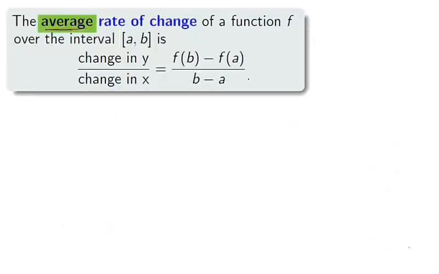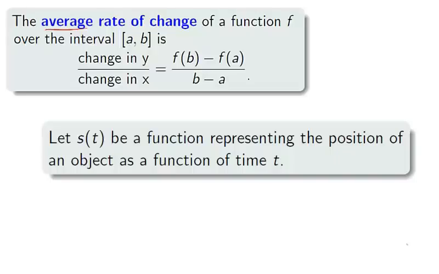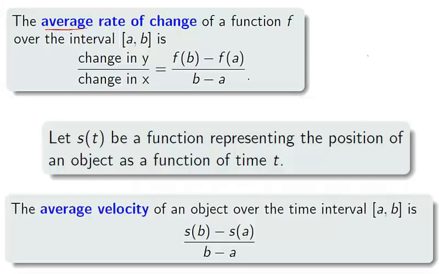The same is true for general functions. The average rate of change records what it says, the average change in y per x unit over a certain x interval. Let's set some notation which we will use throughout the semester. We will reserve s for a function which represents an object's position with respect to time t. The units for s are distance measurements like feet, meters, and miles. When we find the average rate of change for the distance function s between times a and b, we are dividing distance by time. These rates of change have units distance per time, commonly known as velocity. The average rate of change for a distance function s is called the average velocity, and we will reserve the